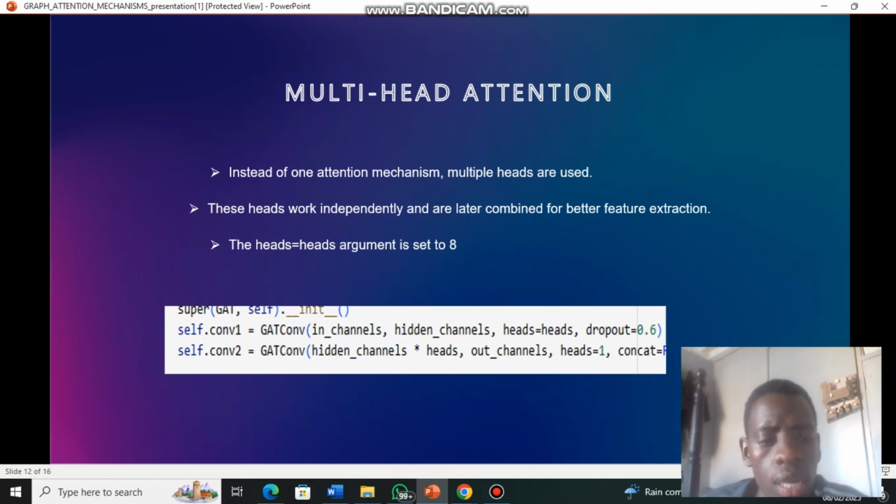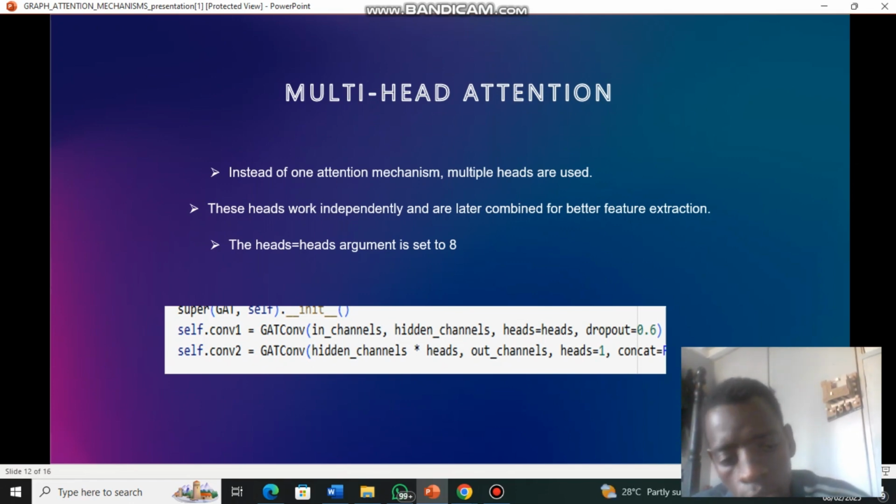And then the second layer, which is conv2, combines the outputs from all the heads, and also this dropout of 0.6 helps prevent overfitting, and also the hidden channels shows how the features from all the heads are concatenated. So we are going to move on to another implementation